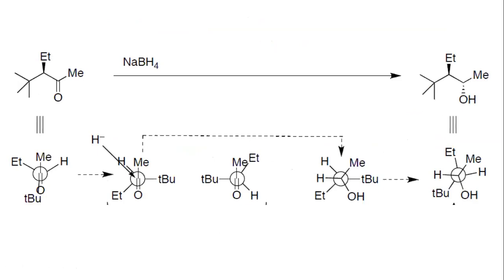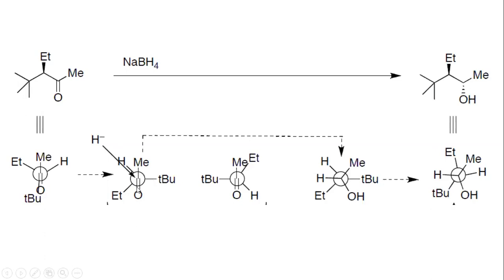And how do we start writing the Newman projection for this approach? Now look at this, this is the chiral carbon. This chiral carbon here is written as an open circle, and the largest substituent, the tertiary butyl group, is the largest substituent. So the tertiary butyl group and this carbonyl plane are written perpendicular to each other. This is the carbonyl plane, CO and Me.